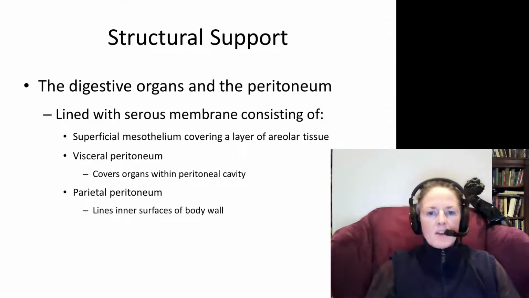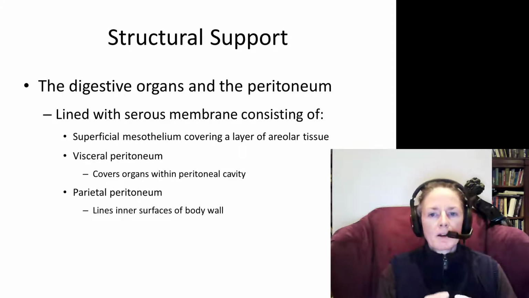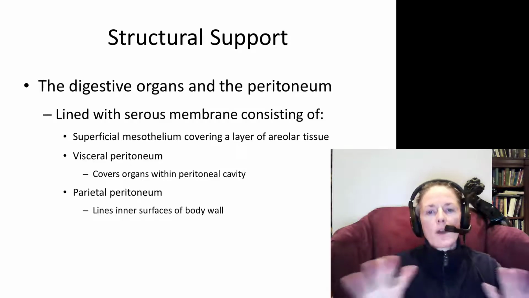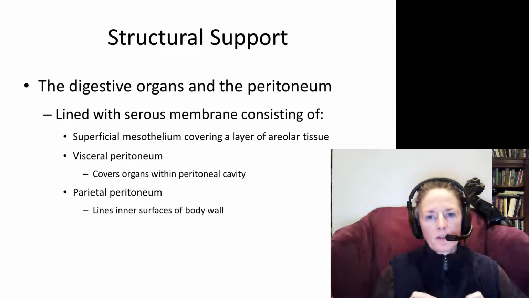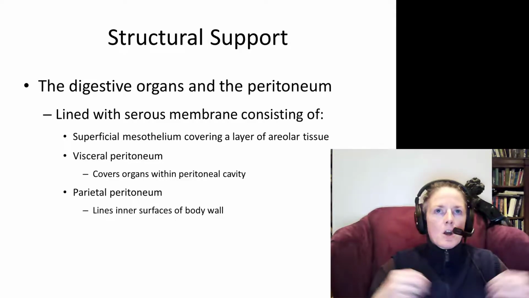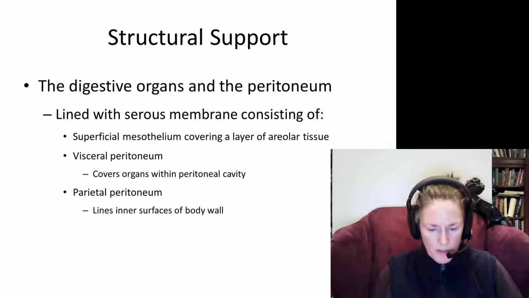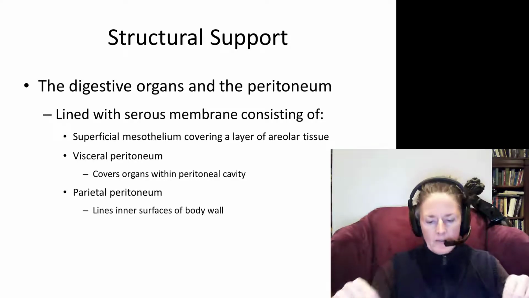We will see that the major portions of the digestive organs, such as the stomach and most of the small intestine, as well as portions of the large intestine, are intraperitoneal, and other organs within the digestive system are retroperitoneal, such as the pancreas, the first part of the duodenum, the ascending and descending colon are retroperitoneal, the rectum is retroperitoneal,